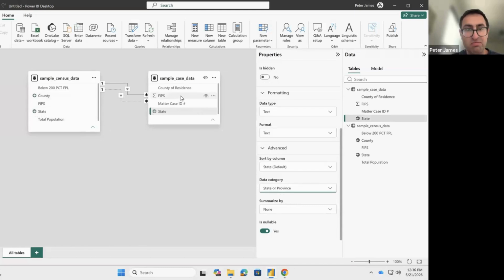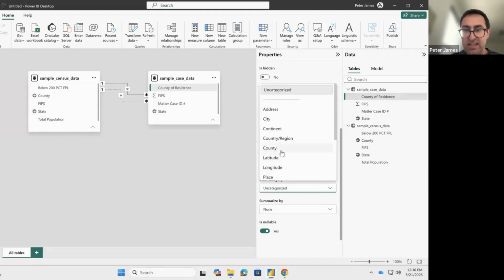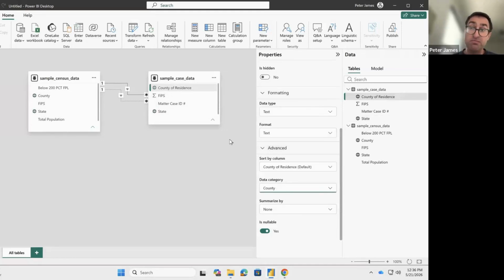And I'll do the same for county. So that then, when you come to using the map visualizations, that means that Power BI will know what to do with it. One final step in this